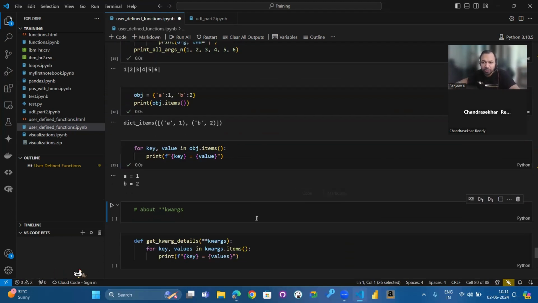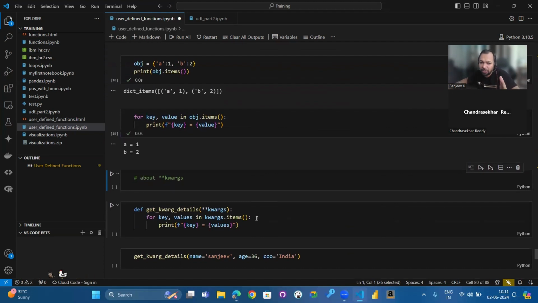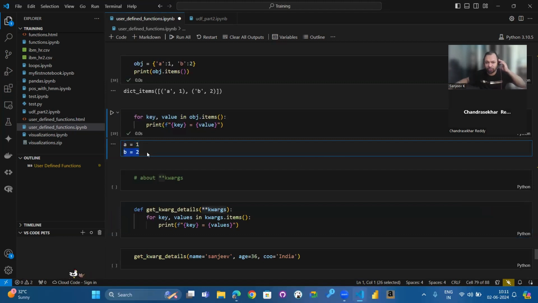How, I'll tell you. The difference between the wildcard of arguments and the wildcard of keyword arguments is a double asterisk. Previously we were using a single asterisk. In the case of keyword arguments, we'll be using two asterisks. I would say that I am expecting the user to send me all the keywords in the form of A equal to this, B equal to this, like this.